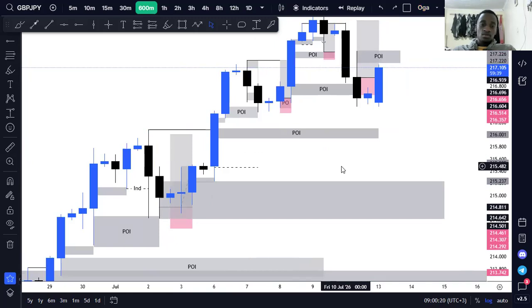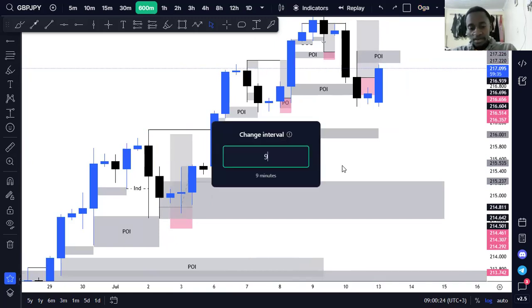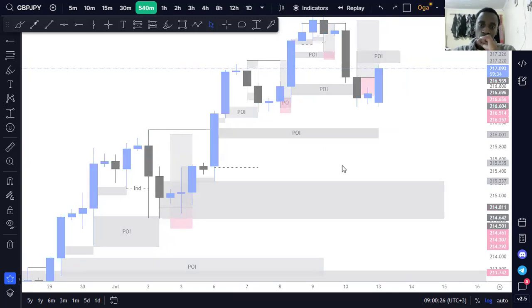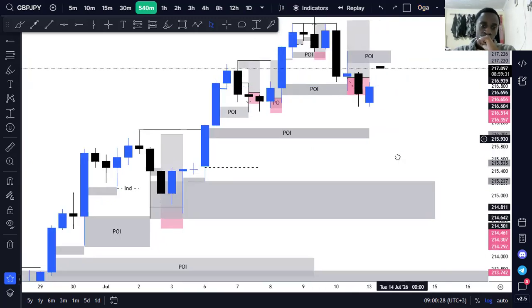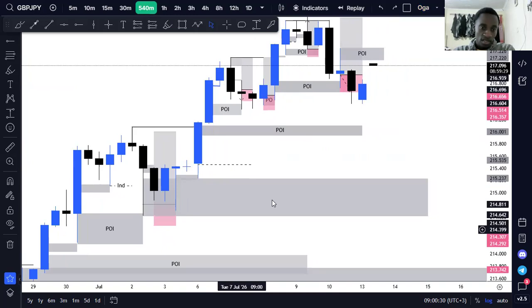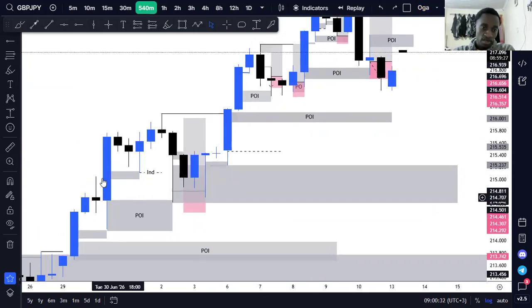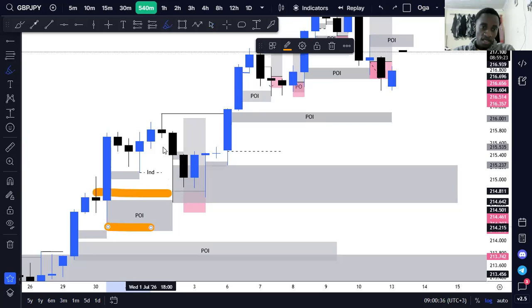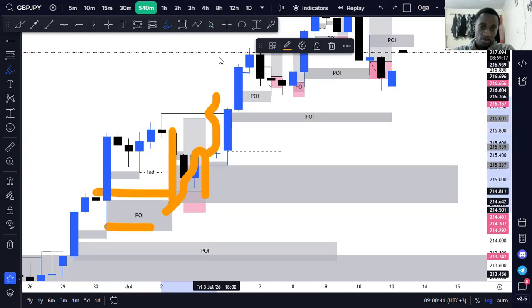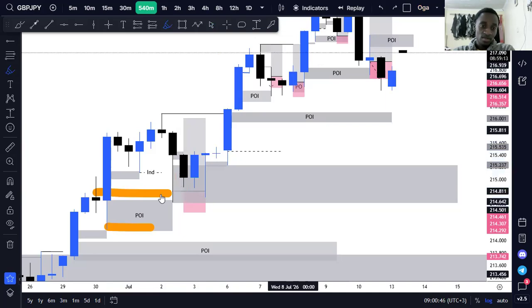Alright, so let's go to 9 hours and then 8. Okay, 9 hours is showing us price reacted inside this area, and then presented some order block and some structures and left them unconsumed. Okay, but before price drops to that low,